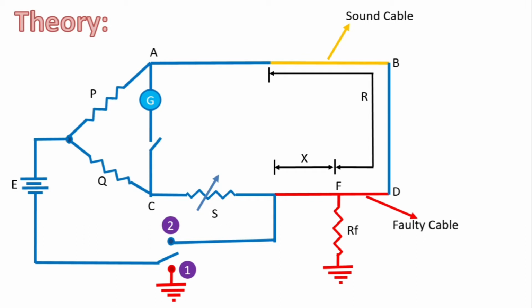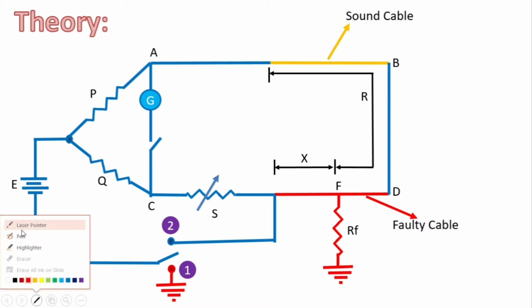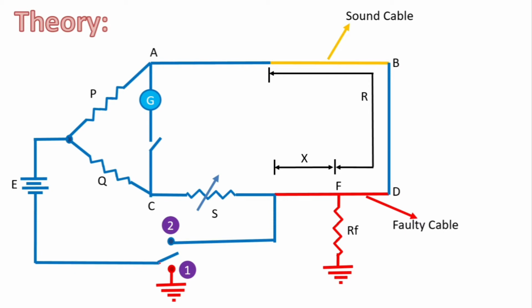Let us consider the switch in position number 1. Let me take a pen. I am connecting this. This is the ground and this is also a ground. So in short, the connection will be somewhat like this. And this part will be entirely gone, deleted from the circuit, because I am not connecting it.